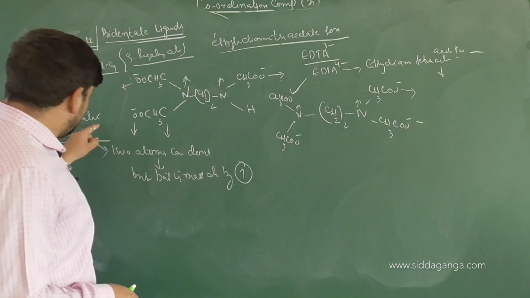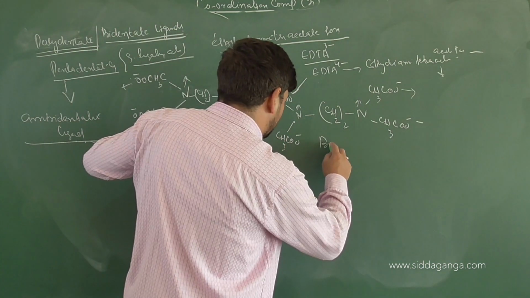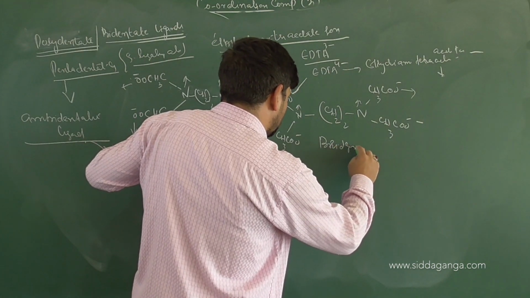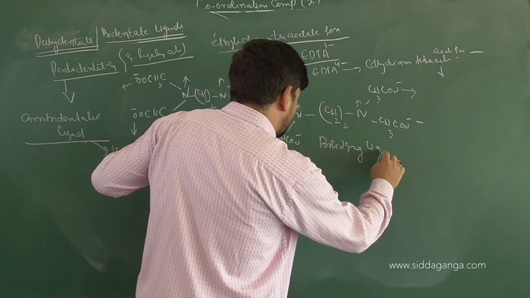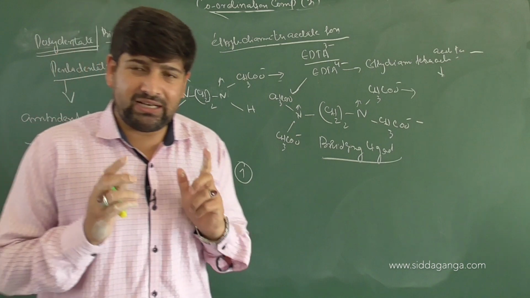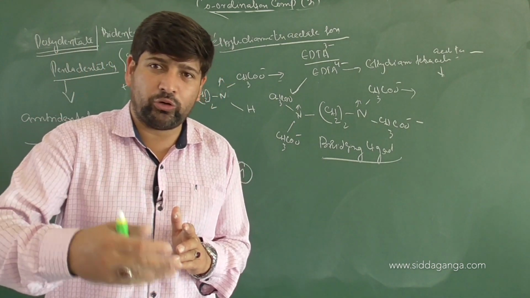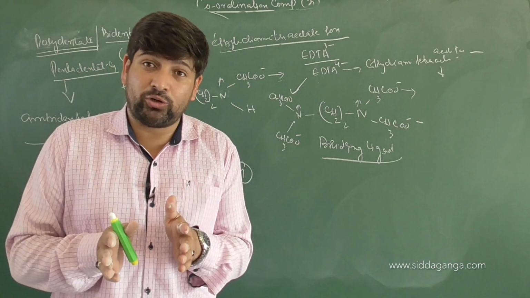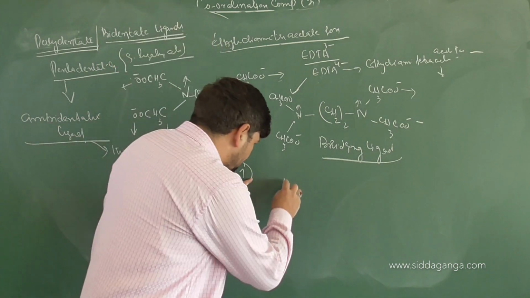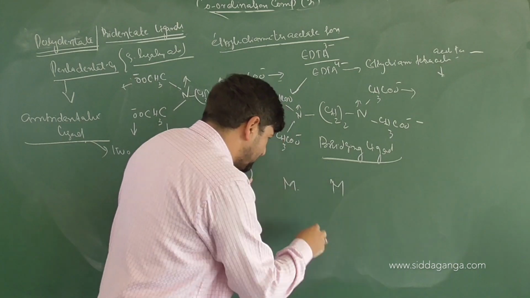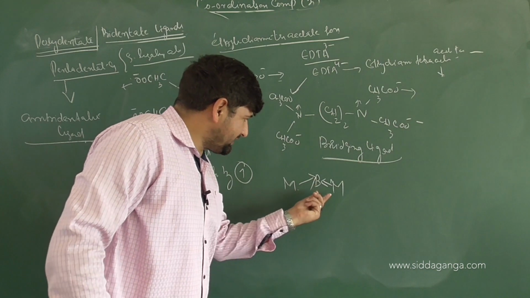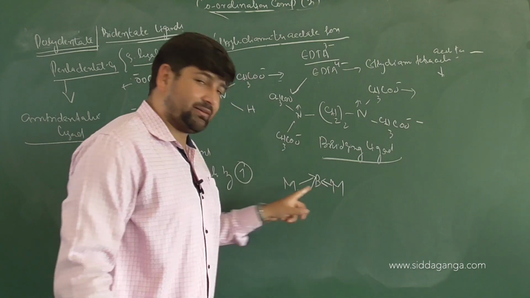And compared to ambidentate ligands, we have one more class of ligands called bridging ligands. What do bridging ligands do? Bridging ligands have more than 1 lone pair of electrons, and they are able to donate both the lone pairs, so that 2 metal complexes are joined with each other. So a bridging ligand is able to donate electrons to both the metal atoms itself.